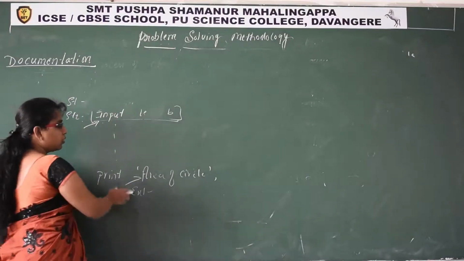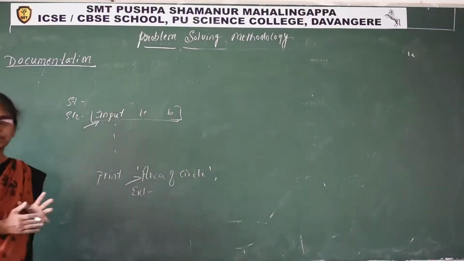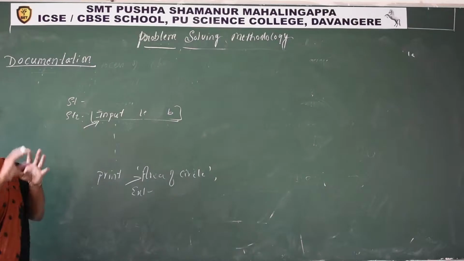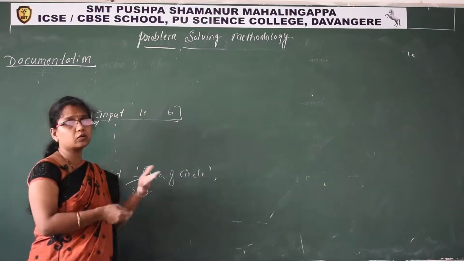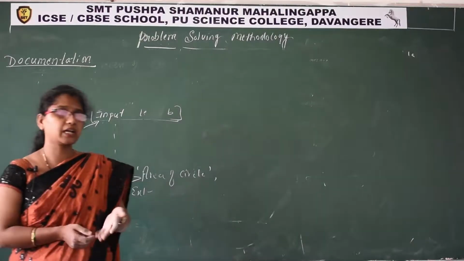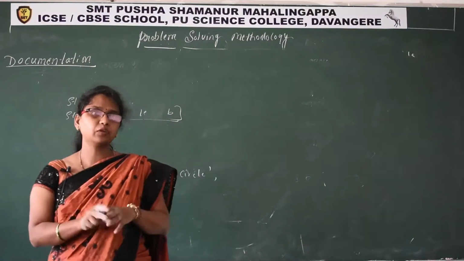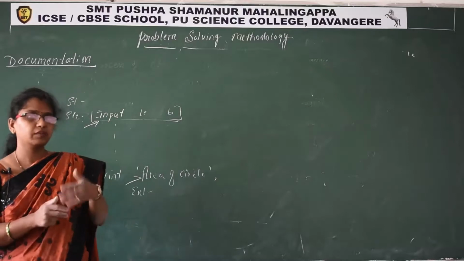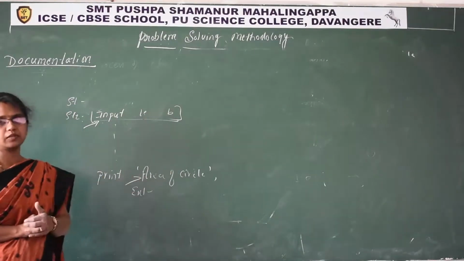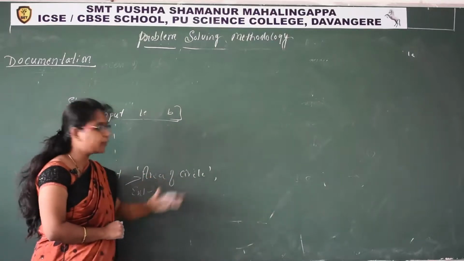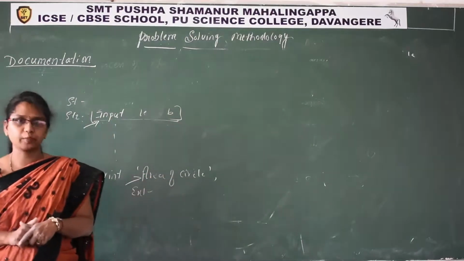And on the output screen, when you execute the program, some statement will be displayed on the screen so that we can understand easily what is going on here, what type of data the user has to give and what type of value we will get. So we can understand easily if you write this text on the output screen. This type of documentation we call external documentation.